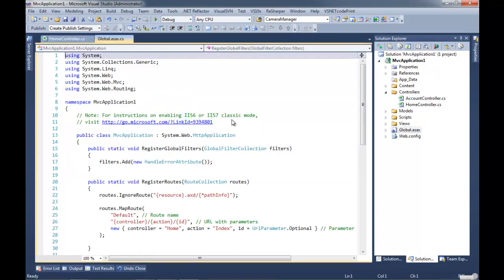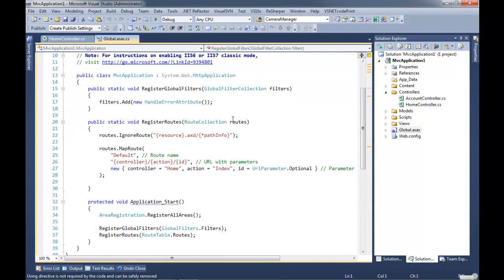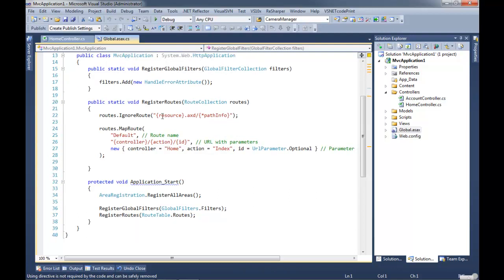And the routing engine, it's not as much of a black box as this one method makes it out to be. It's a really interactive, robust way to define routes, and we'll get into those definitely in the future. But when we click on global.asax, remember, global.asax is akin to the program class of a console application. This is the application class that is instantiated when the web application starts. And this is where we do all of our initialization code. So you'll notice RegisterRoutes is invoked from Application_Start.